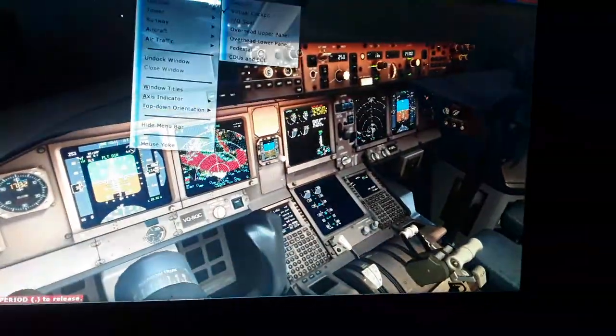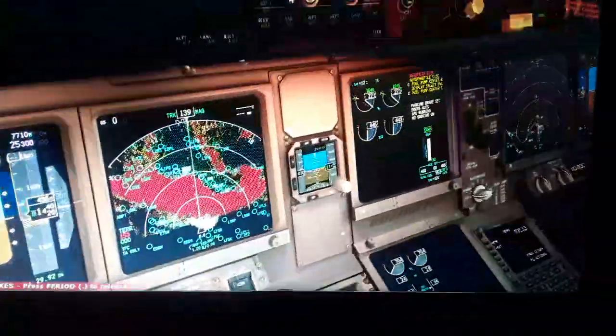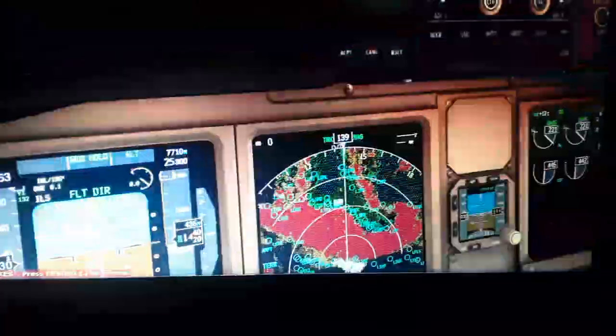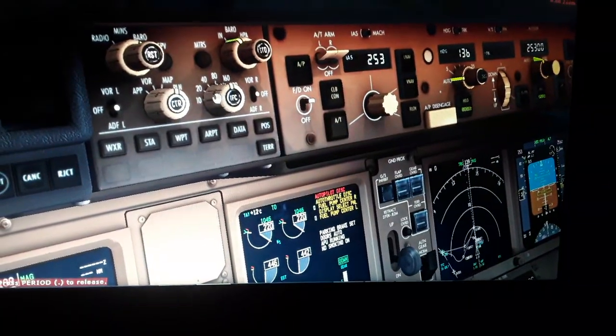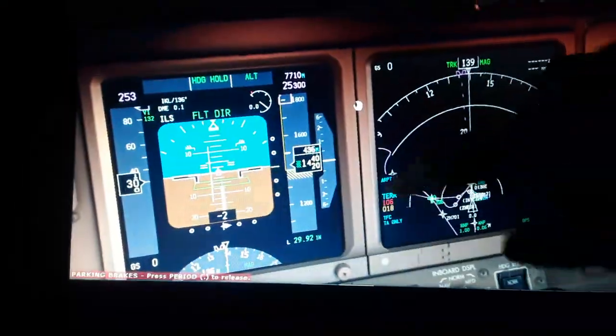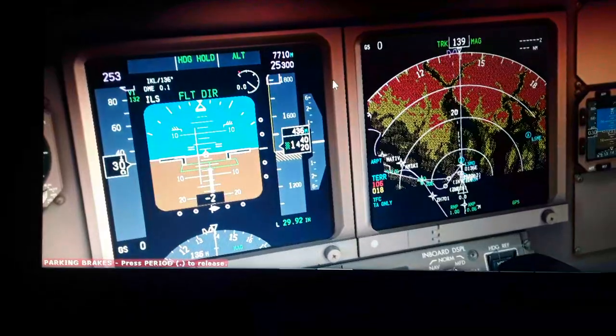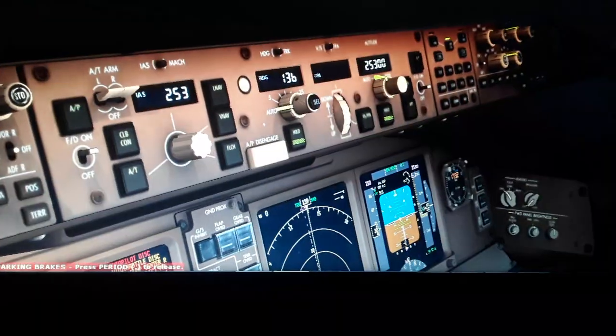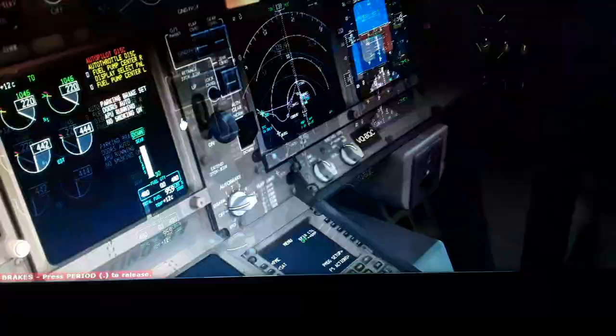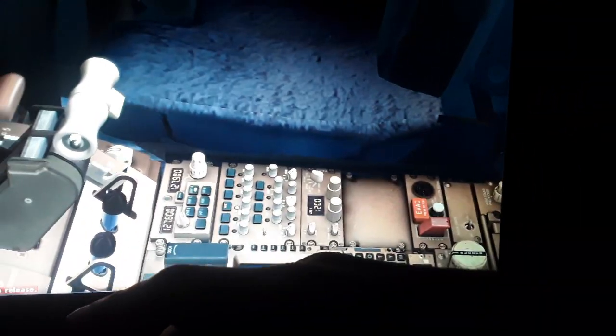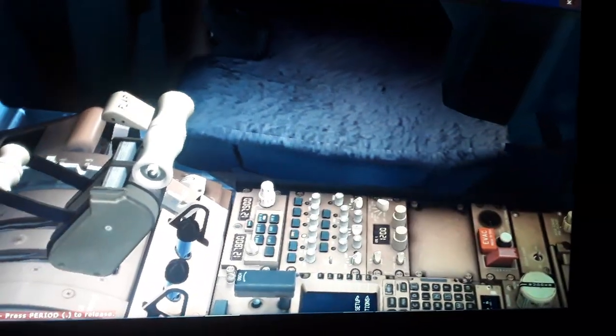You can see here we have all the information ready, the LSZH localizer, also the GPS, the route here. You can see the map. So we're going to use the terrain scan, also the LNAV. The flaps are set for takeoff to 15 degrees here, as you can see, 15 degrees of flaps,